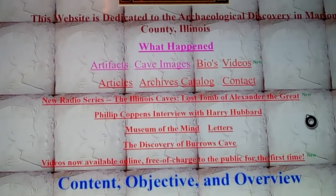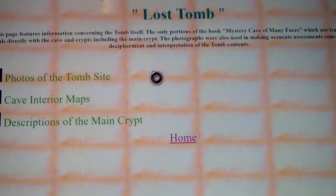Anyhow, guys, pretty wicked here. There's a Burrows cave, there's the Illinois cave, and then there's the other Illinois cave, the lost tomb of Alexander the Great that they found. And supposedly every artifact we've looked at yet comes from that cave system. And I'm about to show you more of those. In fact, when I clicked back that one time, so here's cave images,